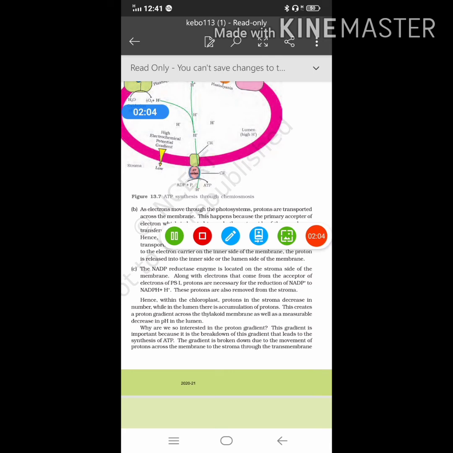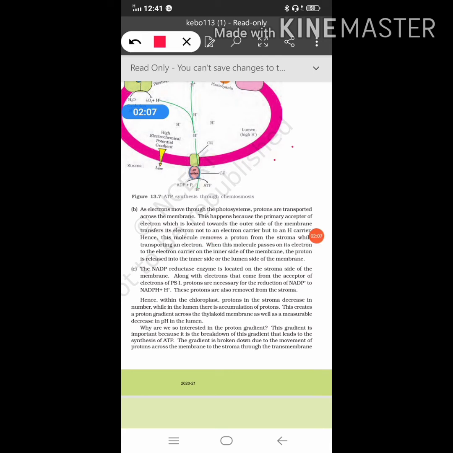When the protons accumulate inside the lumen, and we see a deficiency of protons in the stroma, automatically the protons will move from higher concentration to lower concentration. Here they move through the special protein called ATPase, or ATP synthase. That also you can see there. When the proton moves through this enzyme, the proton gradient breaks up, and that releases energy. With the help of this energy, the enzyme combines ADP with inorganic phosphate to become ATP. So that is the chemiosmotic hypothesis.